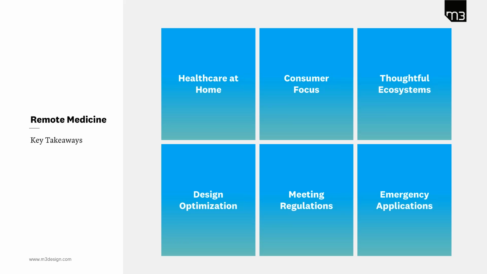The next one here is regulations. So certainly with drones, there's some regulatory issues with the FAA and then FDA. But also, as more and more things go online, we'll need to make sure that they're secure and that people trust those systems, and that there aren't going to be any instances of hacking or theft that are going to eat away at people's confidence. And then the last one here is just emergency applications. I think that really stands to be a significant driver for these technologies.